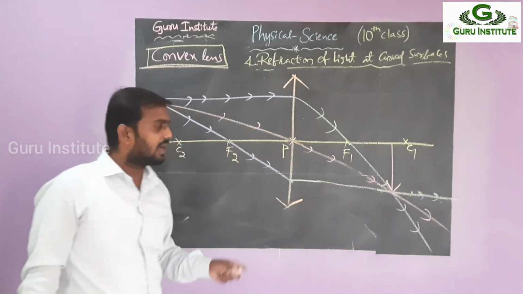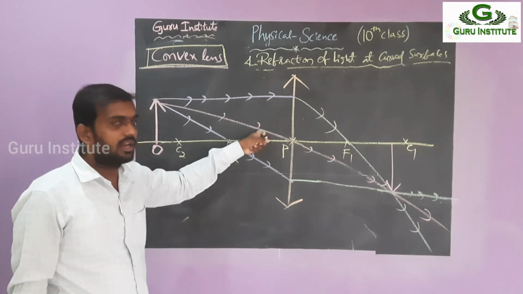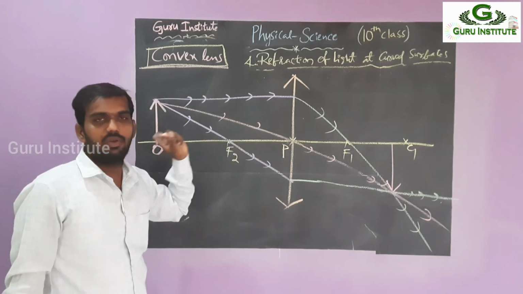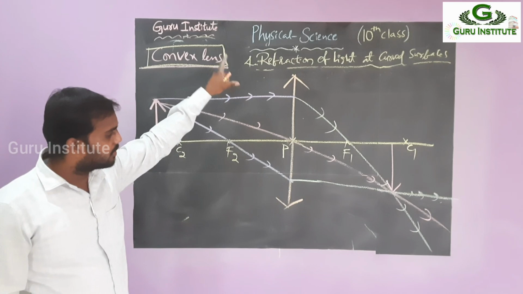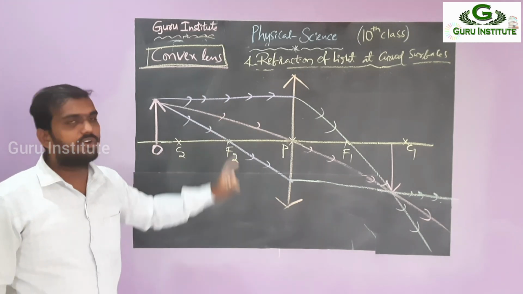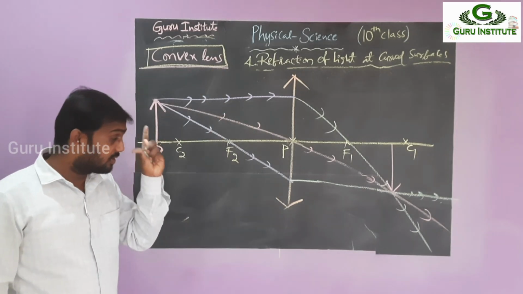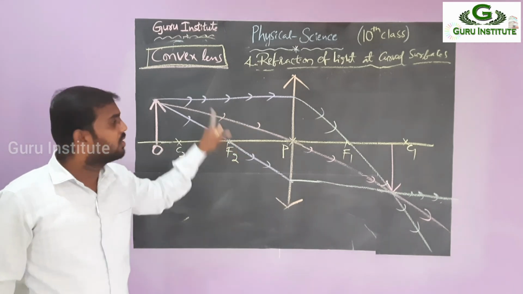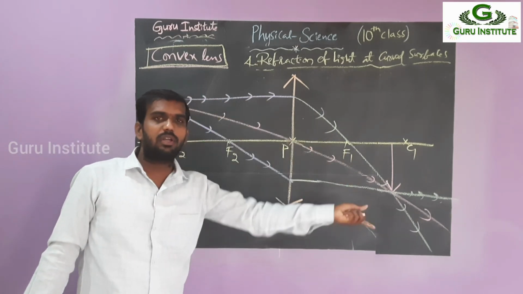So in this one, actually there are three lines: first line, second line, third line. But maximum we are using the first line and third only. For our understanding purpose, I am giving the three lines. You can take any two of these, your wish. But for ease, parallel and passing through the pole, only one you have to draw. The remaining you have to draw like a straight line.